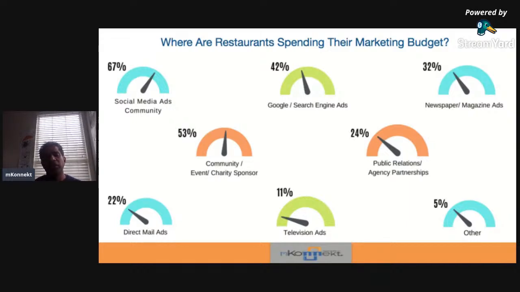If you look at these, these are the specific budgets that most restaurants have been spending, based on the research. And when we are talking about this budget, it goes in line with what your marketing objective is. For example, if your marketing objective is to establish yourself as a community leader, maybe a combination of a social media campaign where you talk about what you have done as a community partner,